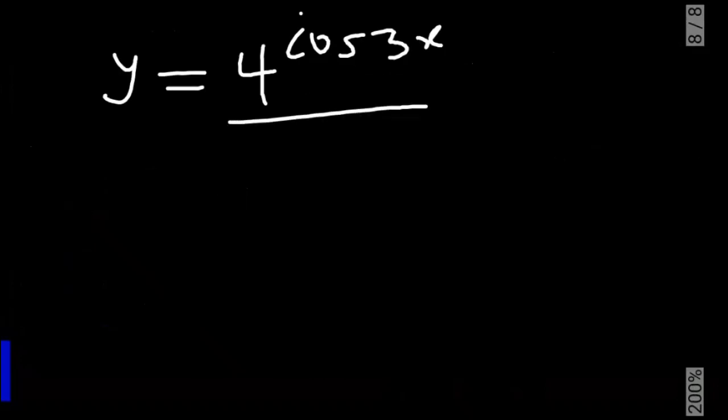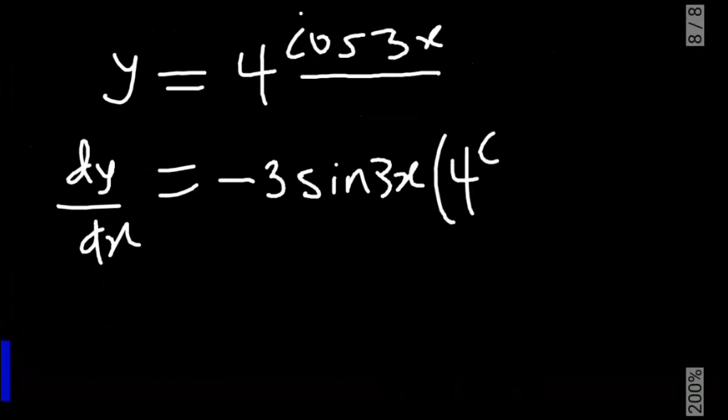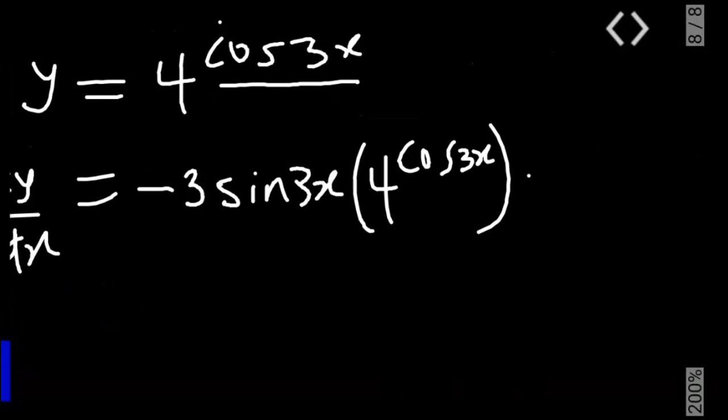How do we get the derivative of this now? So the derivative of this will be dy/dx is equal to, get the derivative of this. The derivative of cos 3x. Try to do this. What is the derivative of cos 3x? That would be minus 3 sin 3x multiplied by 4 cos 3x. That is everything here, multiplied by the ln of